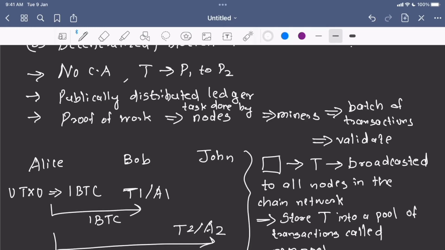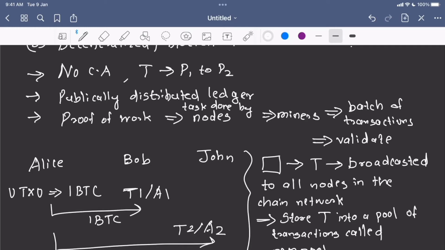broadcasted into the network, and every node will store this transaction in an unconfirmed state. That is, they have not processed that transaction, not confirmed it yet. So all the unconfirmed transactions are stored in the mempool, which is a pool of transactions. So now this A1 will be stored in the pool of transactions, and A2 will be also similarly broadcasted to the network nodes and will be stored in the pool of